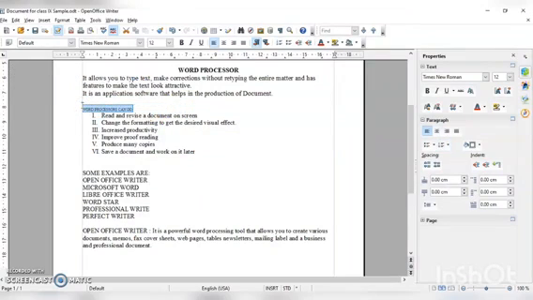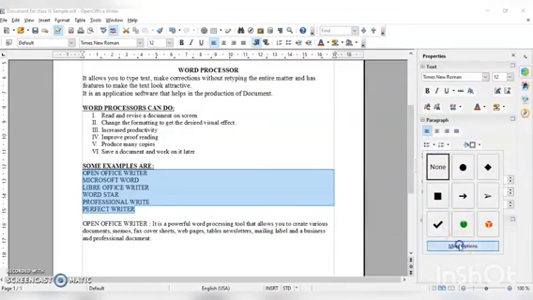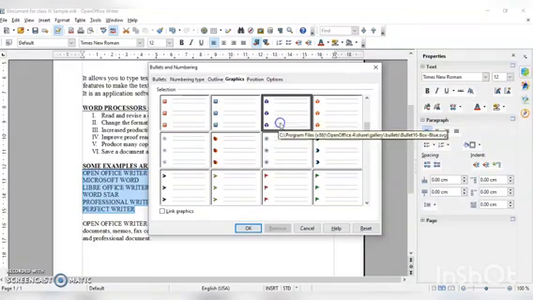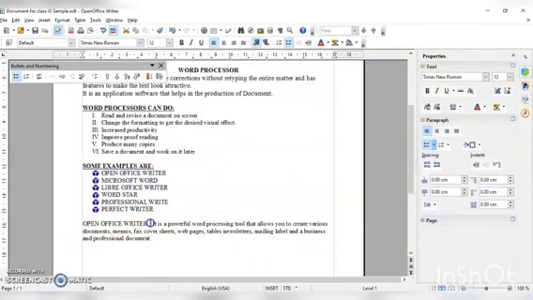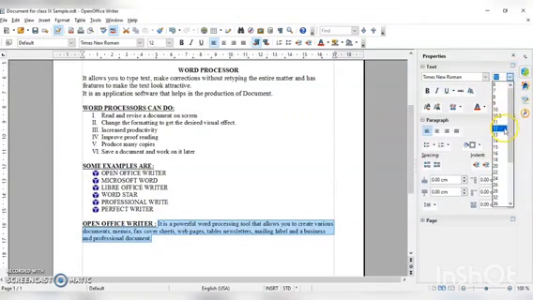These things also need to be edited, so I'm using the bold and underline option. After editing this, I want these to be in bullet form, so I'm selecting the bullet option. We can use the more option to select the bullet also. We can drag it down and select the part according to your need. We can increase the font size here also to 13.